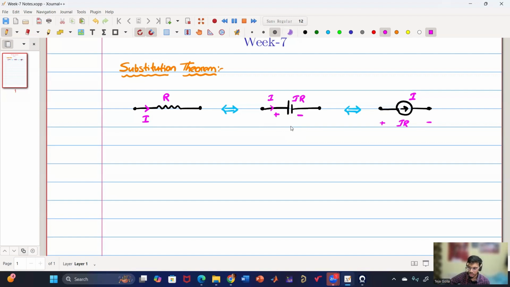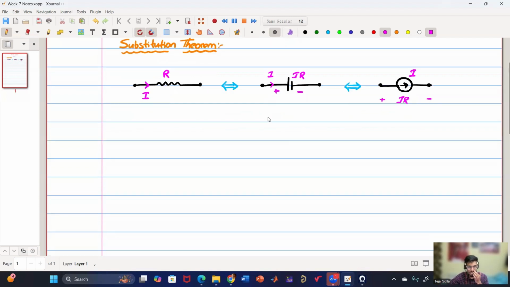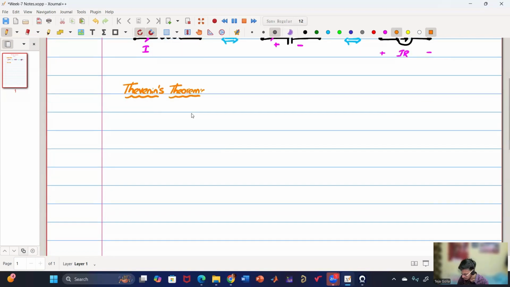Then we'll go into Thevenin's theorem and Norton's theorem. Although I'll not cover the proof, I'll just cover what the theorem is about. I hope everyone is clear with the substitution theorem. Okay, so Thevenin's theorem says that any